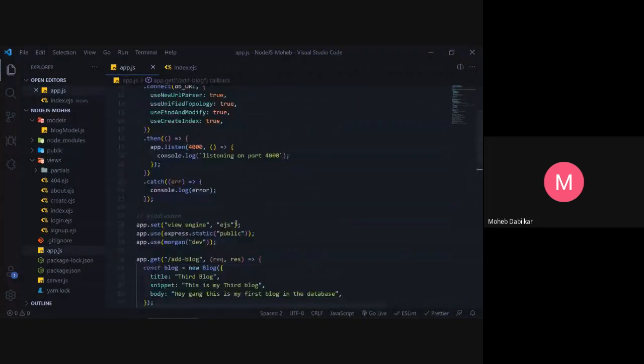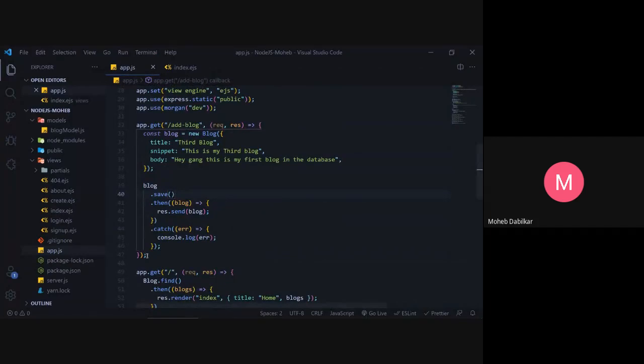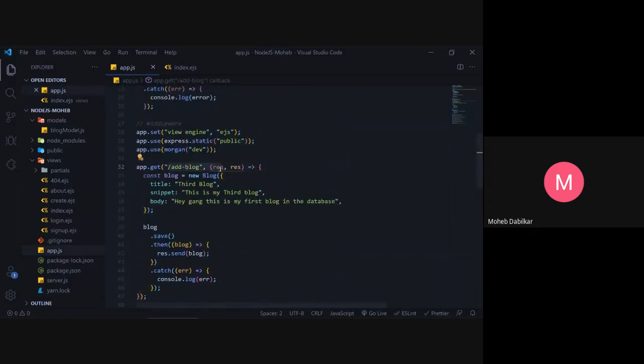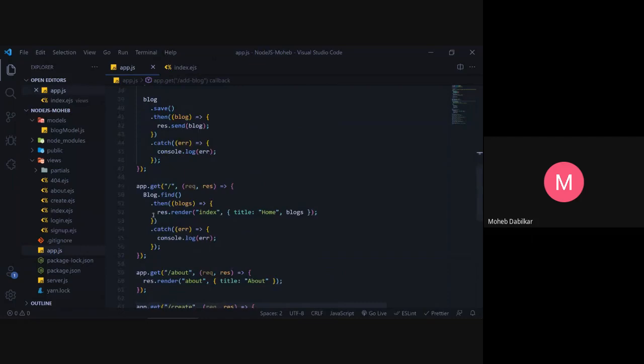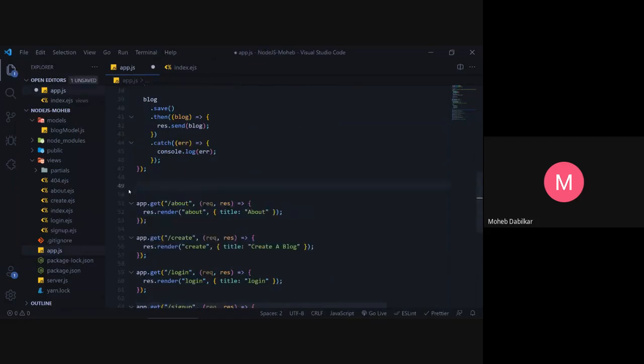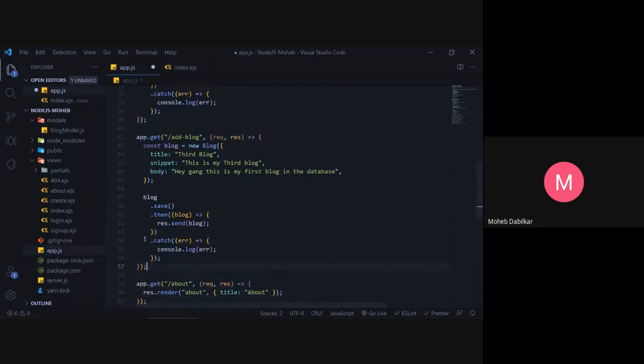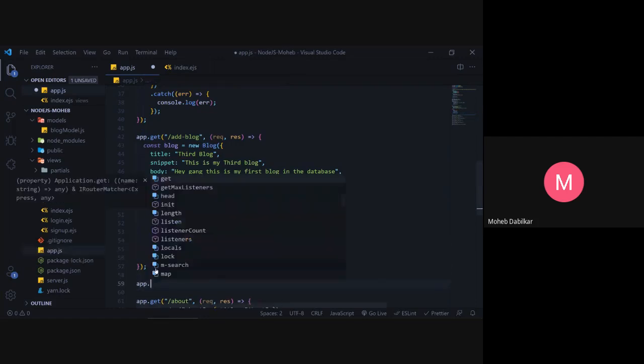Well, now since we are doing all this, we already have some blogs, and I don't want to make my code messy. Let's just not remove this. I will show you guys methods to get stuff. So let's just keep our home page at the top, and then we will create fake blogs every time we go to add blog. Okay, so we want to get a single blog only. So how do we do that?